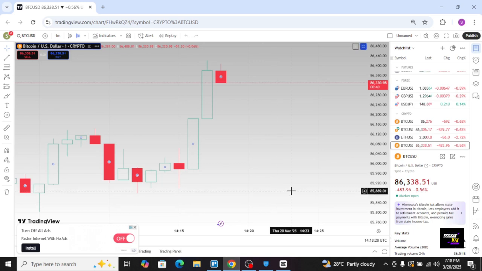Hello everyone, today I'm going to show you how to use AI to predict market trends on TradingView. So basically TradingView is a broker application where you can invest and make trades in stock markets